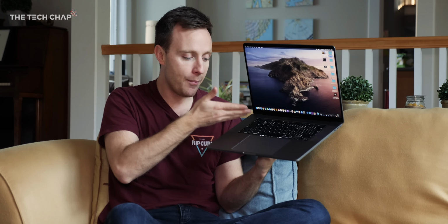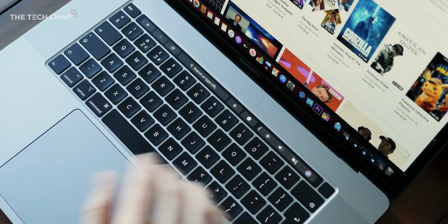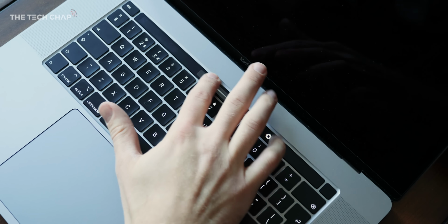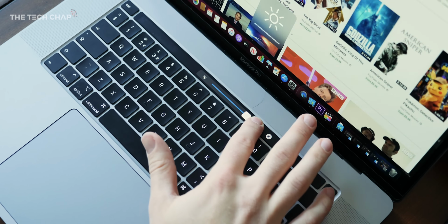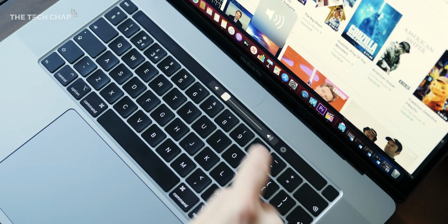And obviously the keyboard and the touchpad are what you use all the time. So regardless of anything else, that's probably the biggest reason to upgrade to the 16-inch. I have to say though, even with the escape key back, I'm still not a fan of the touch bar. I keep accidentally pressing mute or activating Siri when I'm reaching for the backspace. It does look cool, but for me it's a gimmick and makes things like changing the volume and brightness take